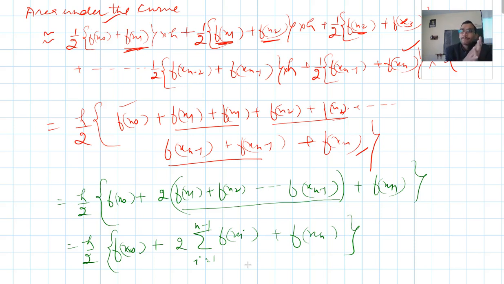Now tomorrow I will talk about the Newton-Cotes method, and in the Newton-Cotes method we will use Lagrange's interpolation formula. Using that Newton-Cotes formula we can derive every rule, whether it is the trapezoidal rule, Simpson's 1/3 rule or Simpson's 3/8 rule. So I will talk about that, and that is also a very interesting method. So that's all for today's